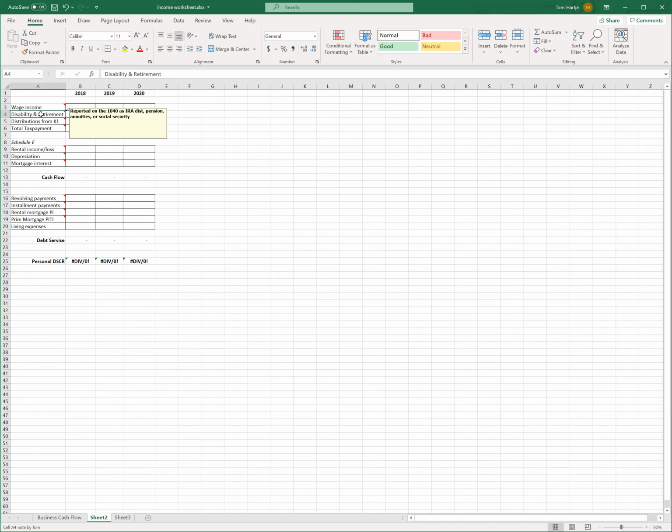You can see it could be IRA distributions, pensions, annuities, Social Security. It could be something where it's a disability. It could be some sort of insurance award. It could be anything, just any sort of structured payment, and that reflects on the tax returns